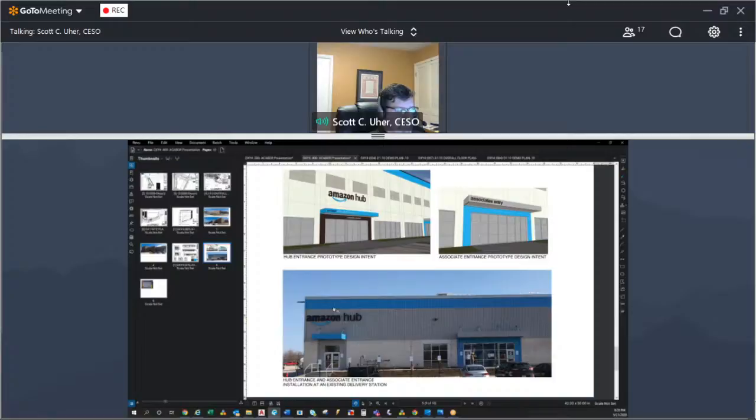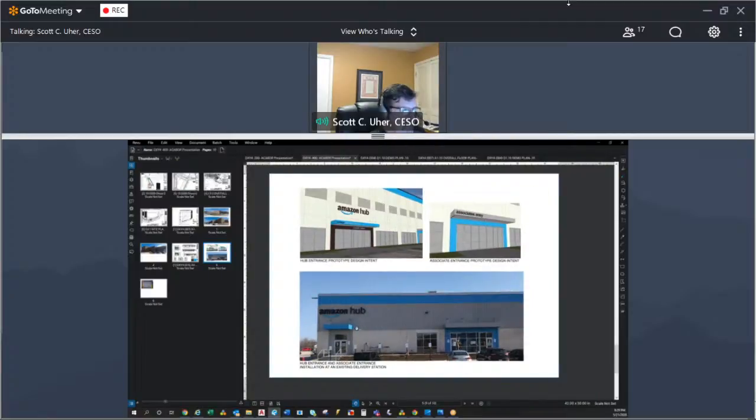And this is a rendering of what a recently built site looks like, but this is pretty different from the one that we're proposing here, because this is a metal building where some of these elements were adapted to this particular site, but the proportions and the colors are a little bit different. Well, the colors are pretty much the same, except this doesn't have the Midnight Dream around it, but this does have the prime blue surround, the gray canopy that we're proposing above the associate entrance, and then the hub entrance. And that's essentially what we'd be looking to ultimately get approved as a signage piece, but again, not part of this application. Okay.